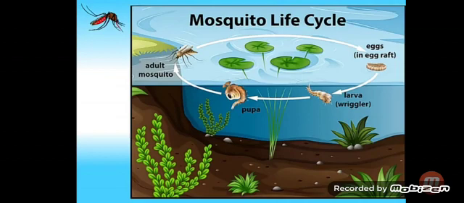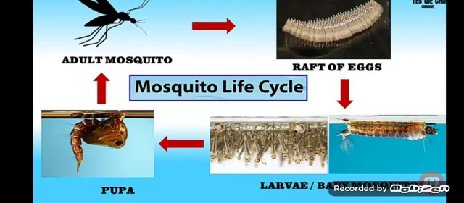So the first prevention measure is to identify the breeding places of mosquitoes. Breeding means prajanan, means production of animals. That is the places suitable for the growth and development of mosquitoes. So mosquitoes breed and lay their eggs in or near water bodies. Any place that collects any form of stagnant water is a breeding place for mosquitoes.